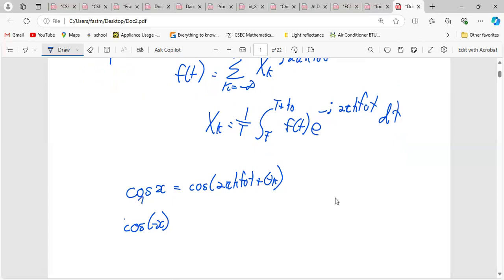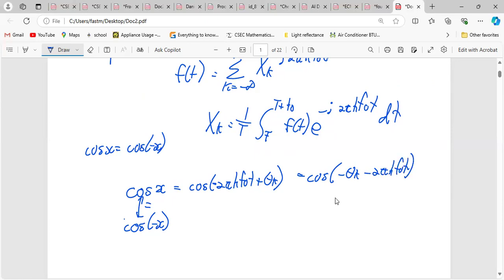So basically, these two things are technically equal under the law of cos x being the same as cos minus x. So if I put the minus inside here now and multiply through, I will end up with the cos, and a minus theta k,